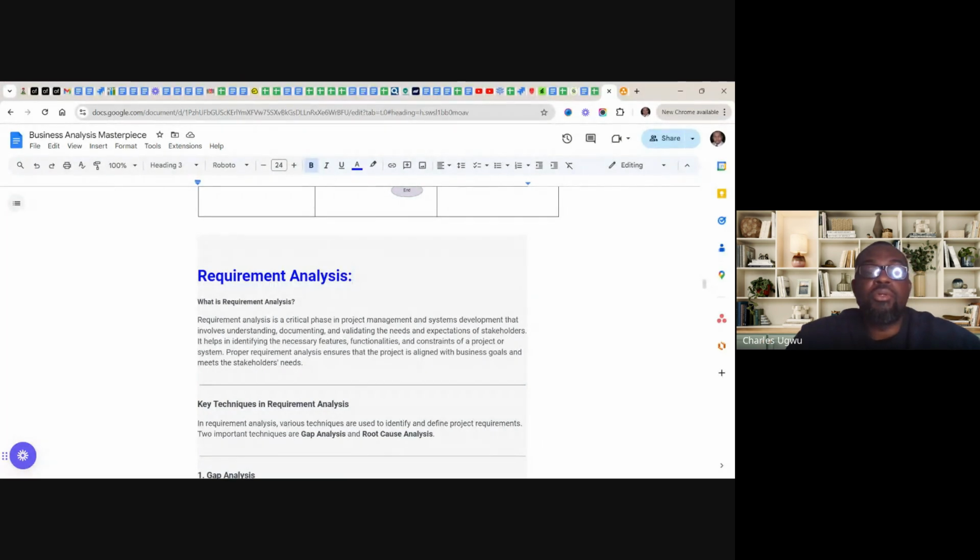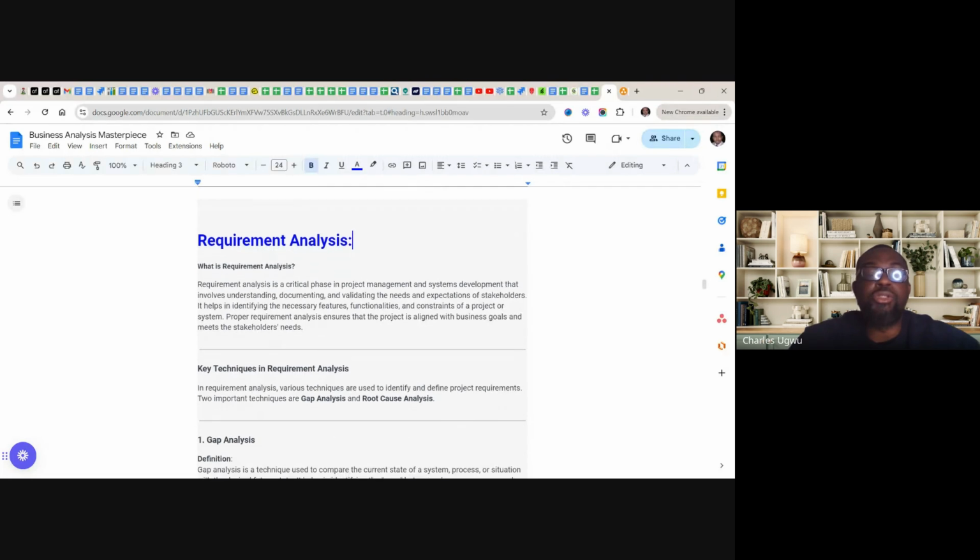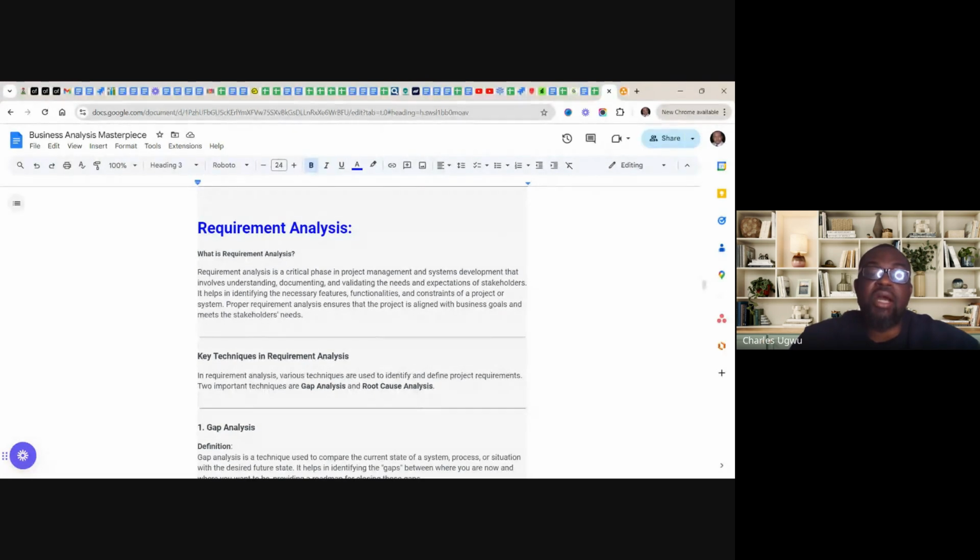So now we've been doing requirement capturing, gathering, documentation and modeling. So we need to look at the two key techniques for carrying out requirement analysis. And these two techniques we are going to look at are gap analysis and root cause analysis. These are the most common analyses business analysts use to analyze their requirements, such as process flows,